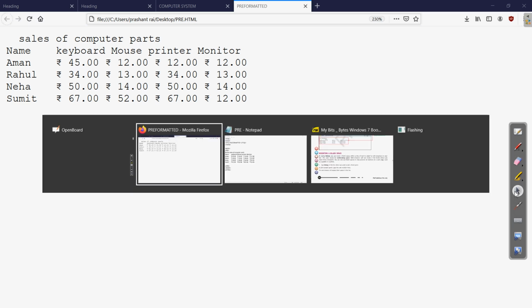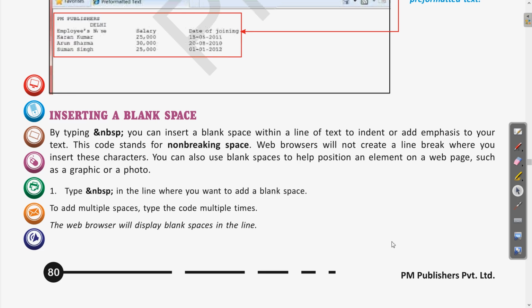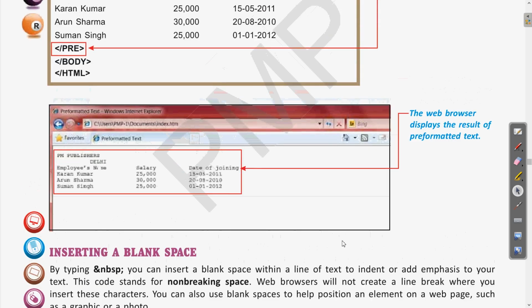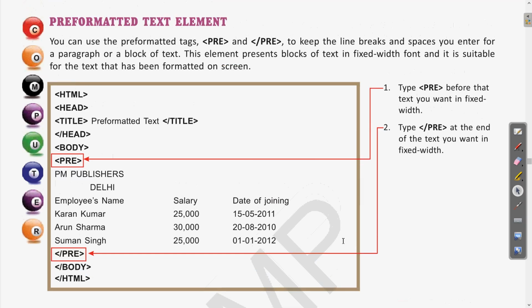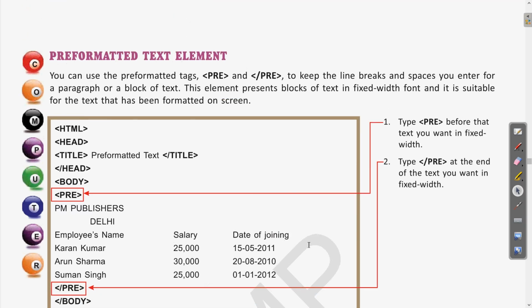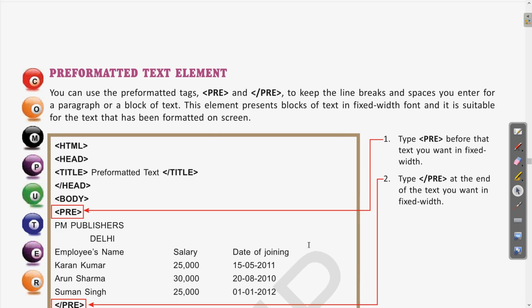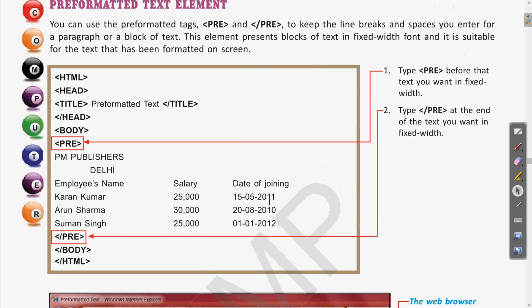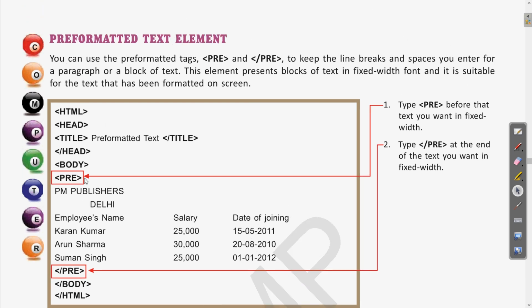So coming to the textbook, today we have seen how to insert the blank space, and how we can use the preformatted text, meaning if you want the same output in the web page as the format you have written, we can use the pre tag.